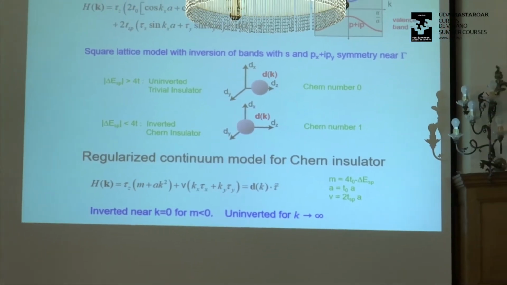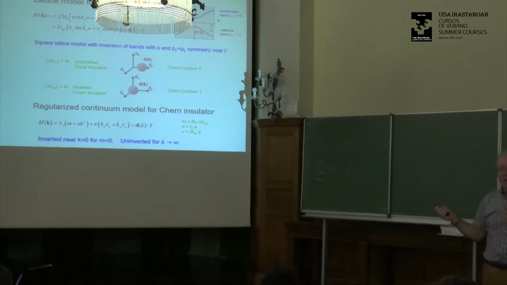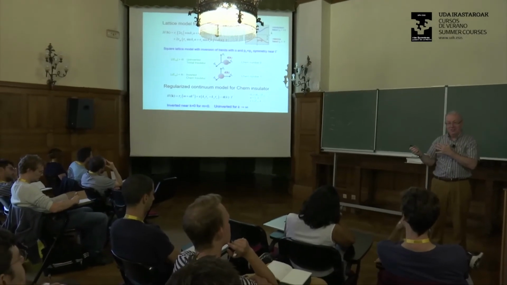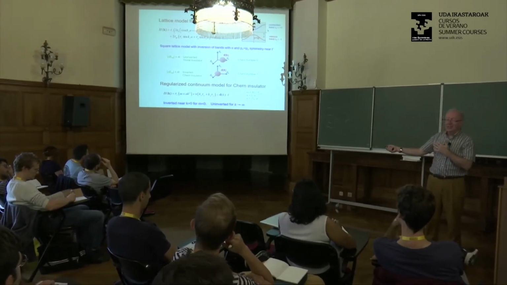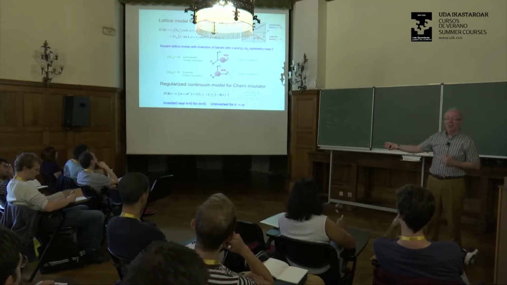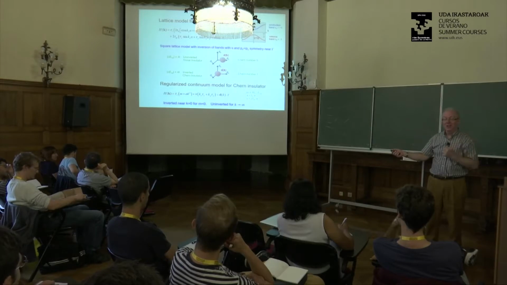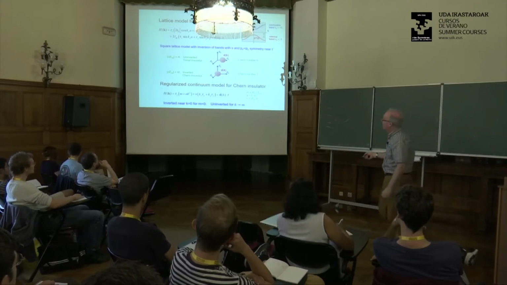Okay, and so once you have this, then it's a simple model to see. So again, the most important consequence of these topological phases is what happens on the boundary. Once we have this, it's easy to see that on the boundary, where the mass changes sign, where I go from a Chern insulator to a trivial insulator, there has to be some topologically protected mode on the edge. And so let's think about what that will be.